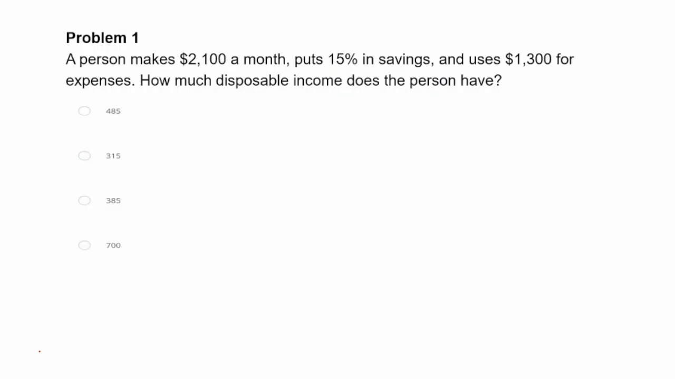A person makes $2,100 a month, puts 15% in savings, and uses $1,300 for expenses. How much disposable income does the person have? $485, $315, $385, or $700? The first thing we need to pay attention to is the fact that we are looking for the person's disposable income. First things first, we are going to find out how much is 15% of